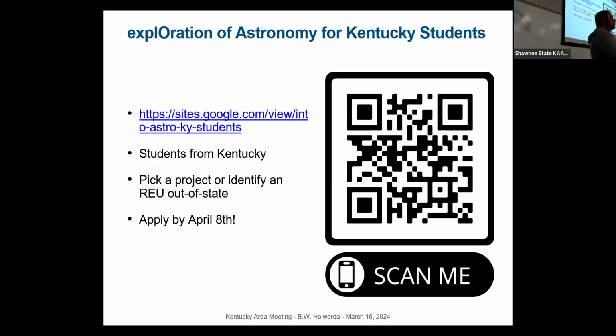And we can get you to the American Astronomical Society meeting. We have a couple other ways to support you. And so you can either pick one of those, or if you go, hey, I really wanted to go to that out-of-state REU, but I got rejected, then apply for the Oaks program, because we're happy to support you to go to your dream REU. If this is, let's say Puerto Rico, I really wanted to go there, apply here, and we're happy to see if we can support you,